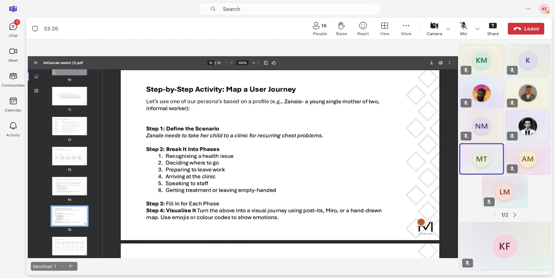One thing that we'll usually do as part of our research process is we're not going to just research or talk to the users of the product. So in this case, we're not just going to talk to people in the community and potential patients. We're also going to talk to the staff.